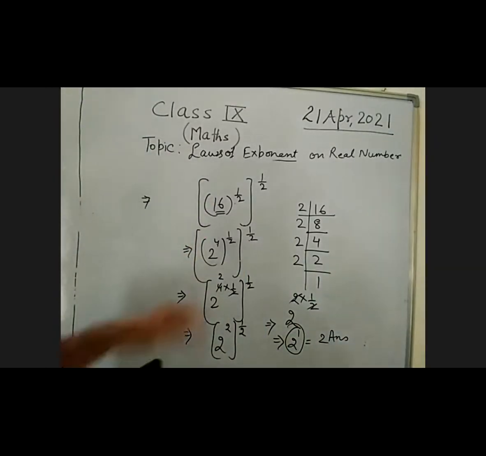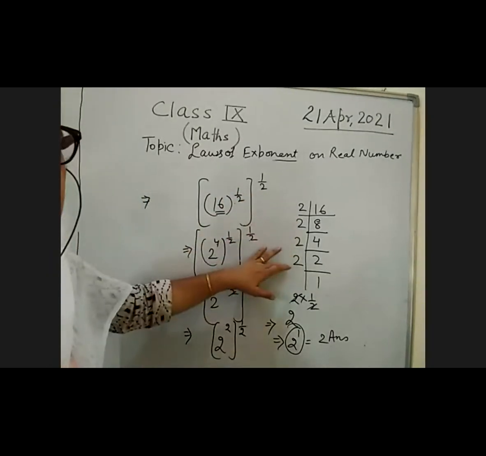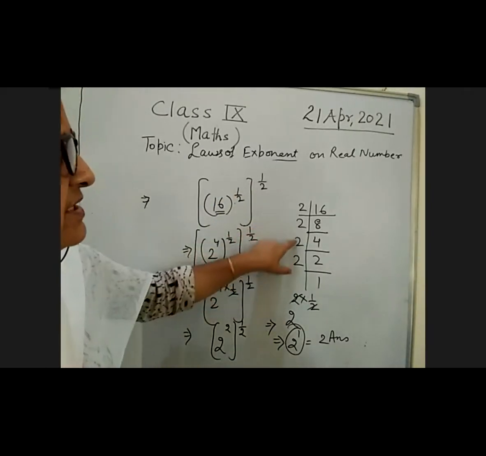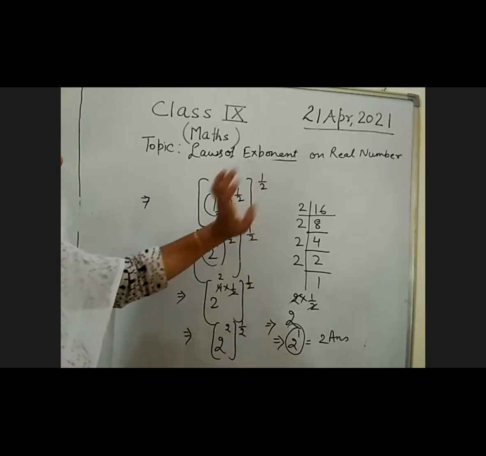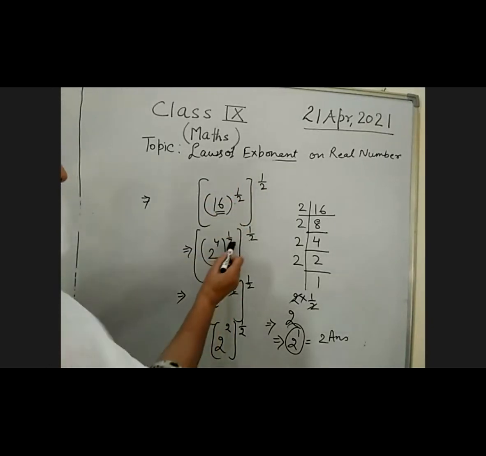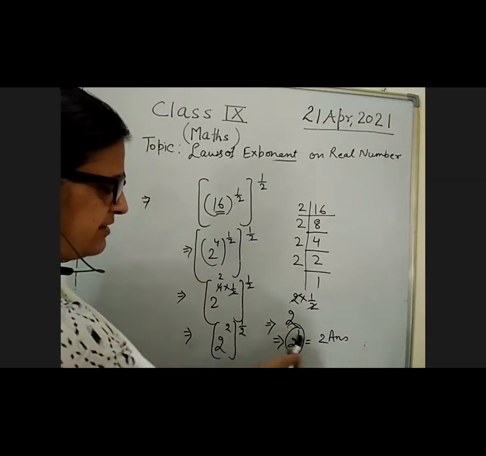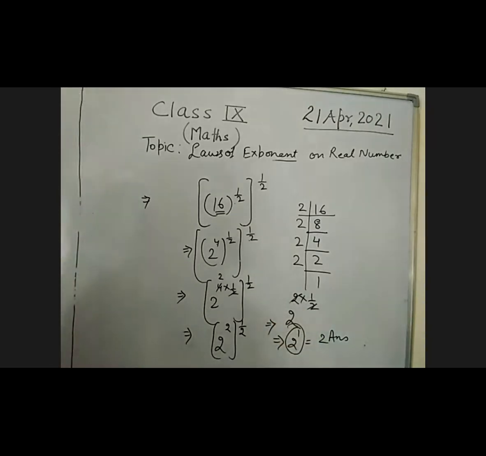Okay. So in these questions, when the number is given in this form, first you have to factorize the number and take how many powers are there. Base is 2 and powers are 4. And outside the square bracket, half power is again given. So first you will multiply these powers, 2 2s are 4, and then you multiply 2 by half. 2 cancels with 2, and so 2 raised to the power 1, it is equal to 2.